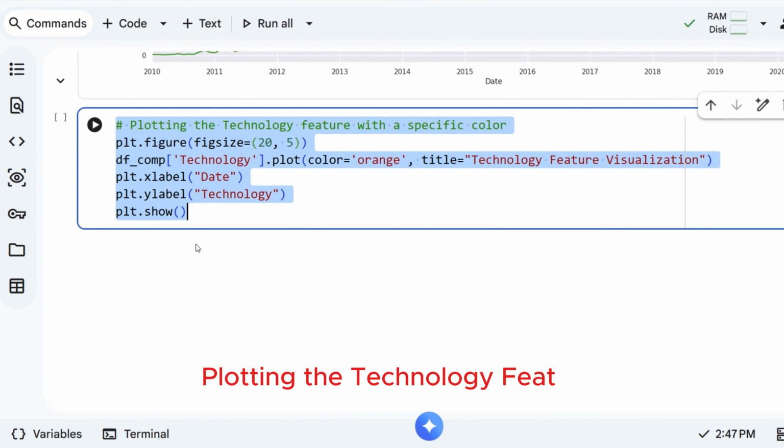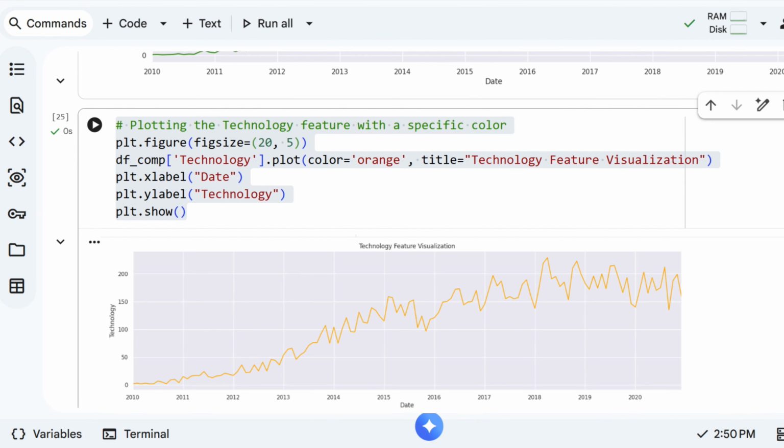Plotting the technology feature. In this step, we are visualizing the technology feature from our dataset. First, we set the figure size to make the plot wide and clear. Then, we use the plot function on the technology column and choose orange as the color. We also add a title and label the x-axis as date and the y-axis as technology, so it's easy to